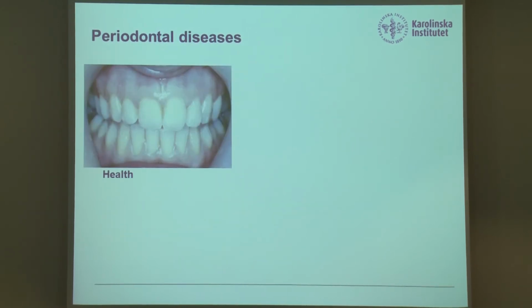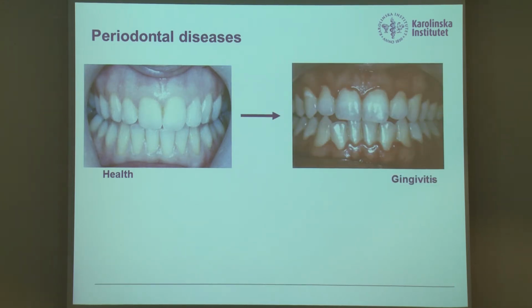I will use periodontal disease as a model for my talk here in relation to biofilms, because I've extensively worked on that and I think it's a great model. In periodontal health, our gingiva are pink, have a stippled appearance that looks like the surface of an orange, and they are not bleeding. And the gingival margin has a knife-edged appearance. If biofilm accumulates on the surface of the teeth and remains for some time, that will eventually cause an inflammatory reaction by the gingival tissue, which you can see here by light bleeding. This is an initial protective, so to speak, response.